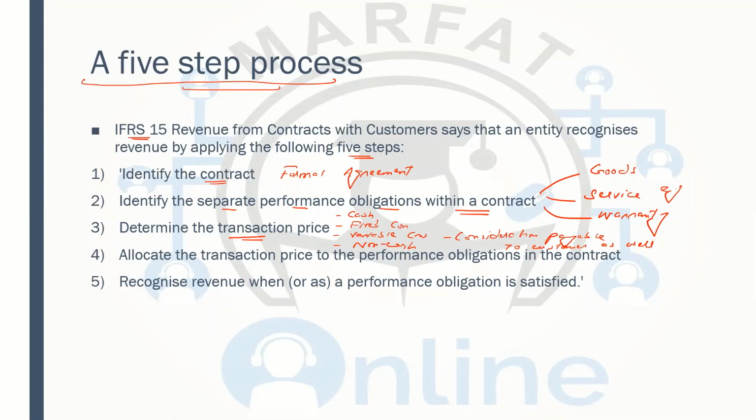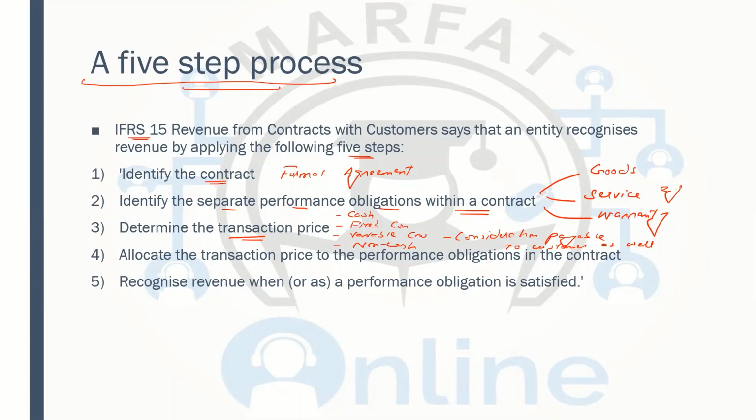Now, this is another obligation. Alongside that, they give you a broadband or internet service. That is for 1 year, for example. Now, this is a separate obligation. So within a single contract, there may be many obligations. Similarly, I gave you the example of the car. You buy yourself a car, that is the goods. They say when you buy a car, we'll be giving you 3 years service for it, every year, one service. This is again a separate obligation. Then they say we will be offering you a warranty for these parts of the car. This is again a separate obligation. So within a contract, there may be separate obligations. You need to identify that.